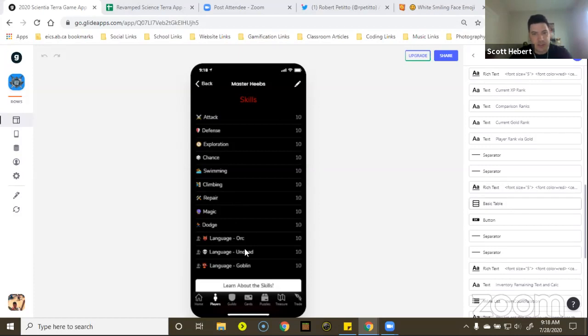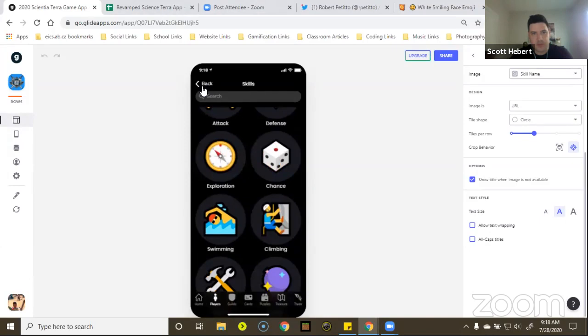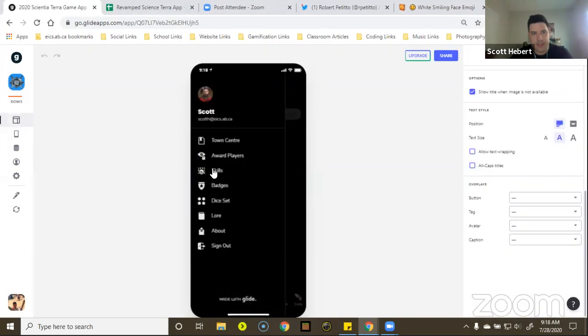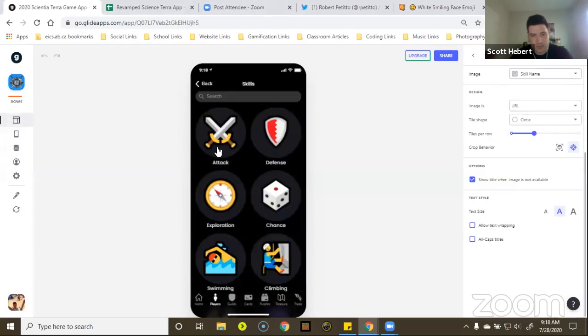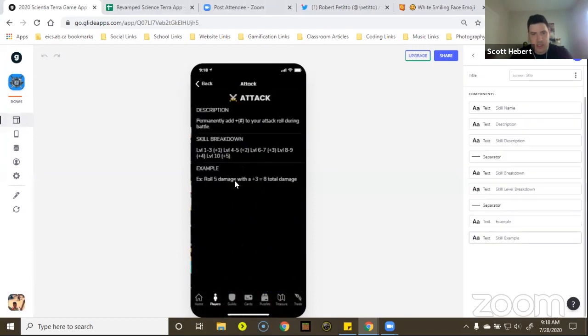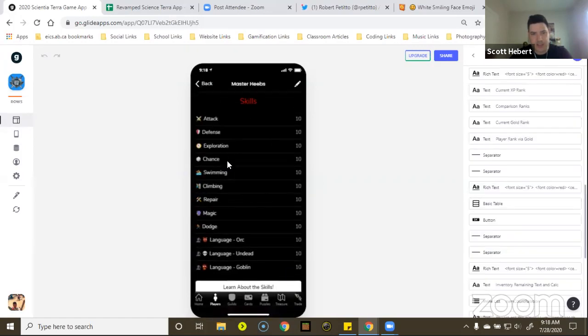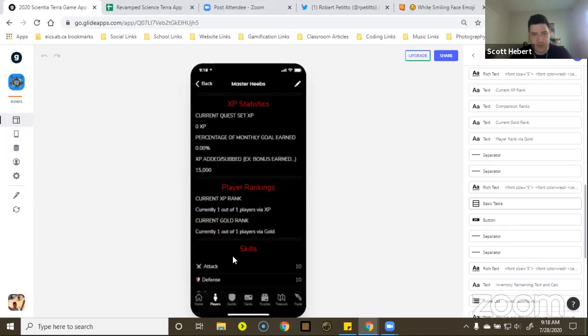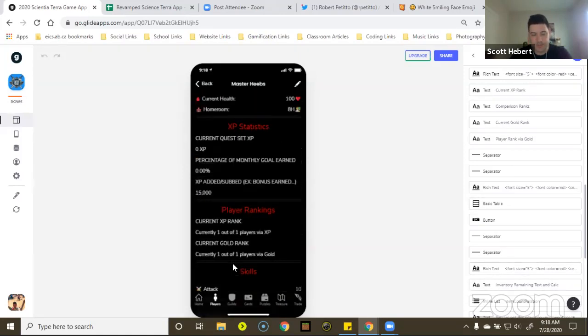So then you have your skills, and then you can actually learn. So I made a tab over here. Like you'll see I have skills. And then of course I just had it link in here. So there's the different skills. And when you click on it, it gives you a breakdown of what the skill does and how it works. So then when kids are editing their skills, they have the ability to do so. And then you have a personal inventory, which I'll show, and how many badges you've earned, which will all appear in your own personal inventory.